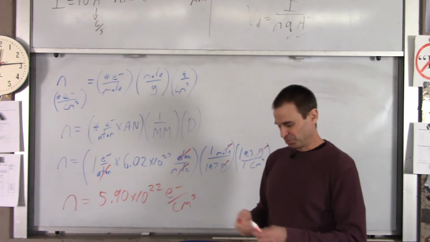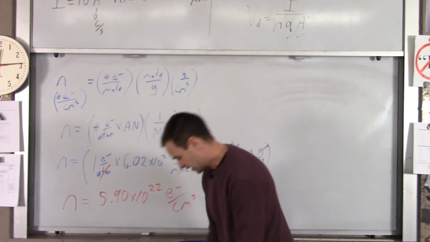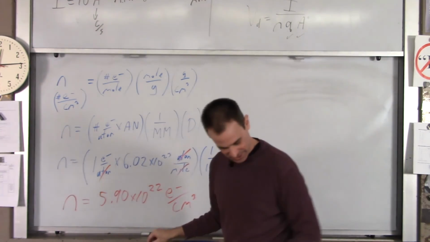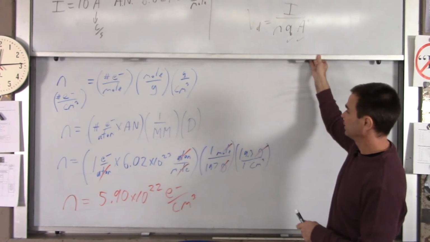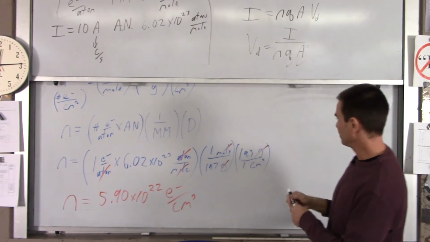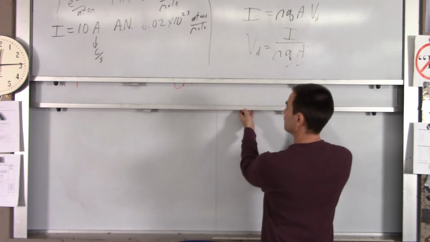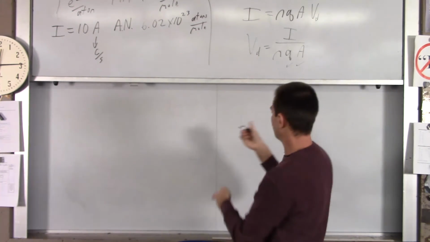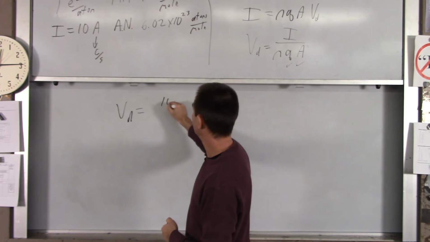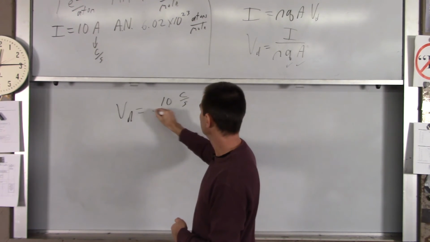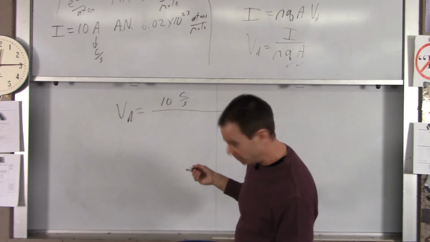That's the hard thing to find in this problem. So once you've got the number of electrons per volume in the gold, now it's pretty easy to find the drift velocity of these little guys. We're just plugging back in to this equation right here, and I will do that. Well, I'll move the board up. Okay. So the drift velocity is the current, which I gave to be 10. Now, I'll write that out as coulombs per second. It's 10 amps, 10 coulombs per second, divided by n, which we just determined to be